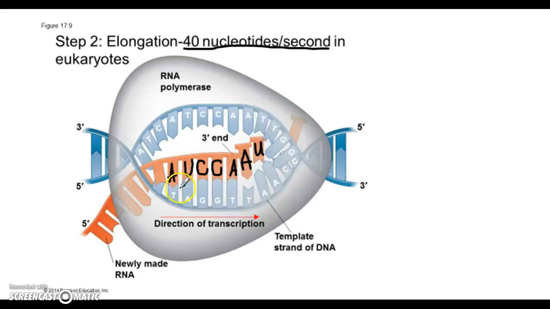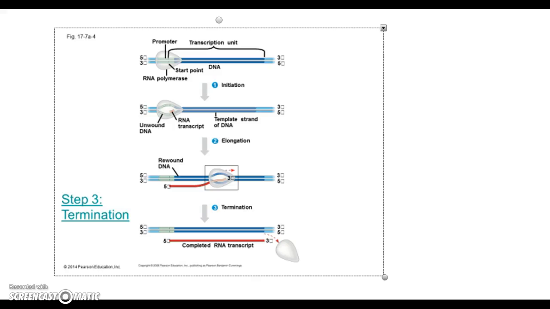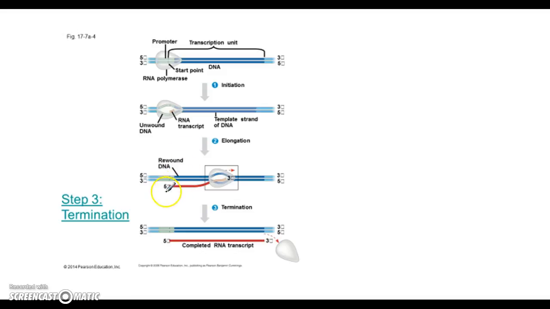So it's just basically going to be doing this. Again, 40 nucleotides per second, building and doing a little bit of proofreading as it's going. Okay. So it's going to keep doing that, and you'll notice right here where this single-stranded RNA is coming off,